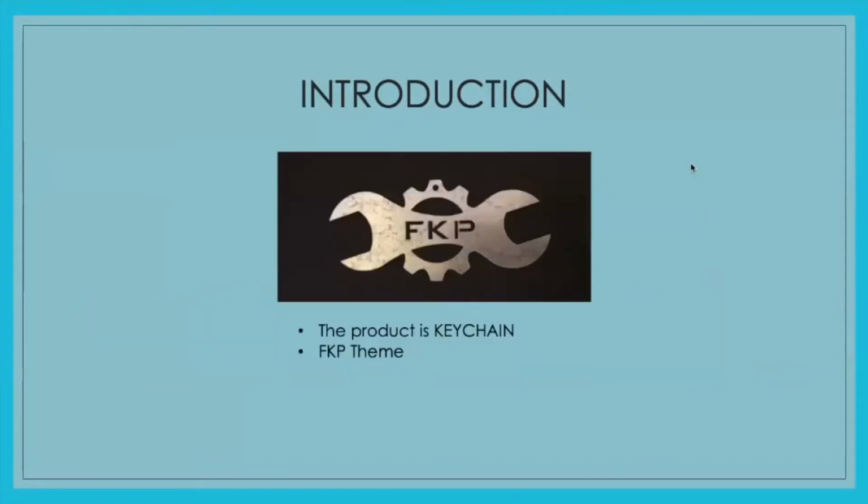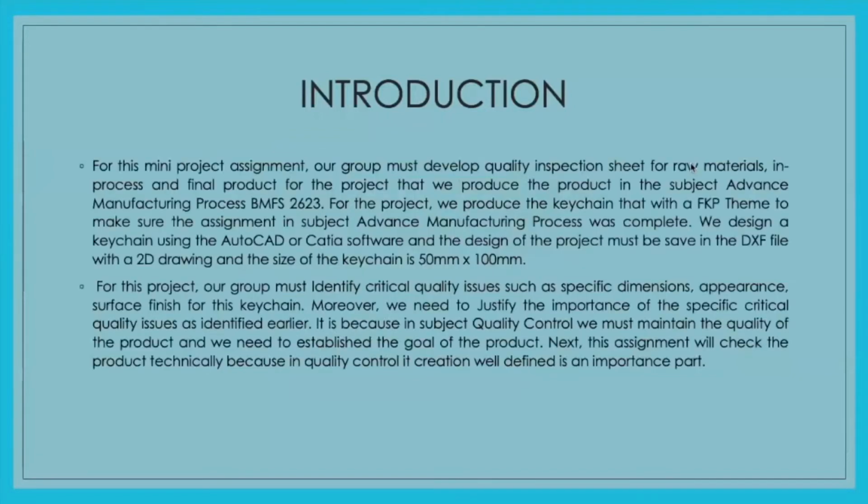Okay, this is our product. The product is a kitchen with the FKP tip. Okay. For this mini project assignment, our group must develop a quality inspection sheet for raw material, in process and final product for the project that we produce in the subject Advanced Manufacturing Process BMFS 2623. For the project, we produce the kitchen that